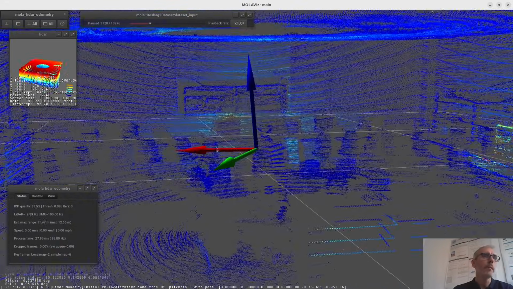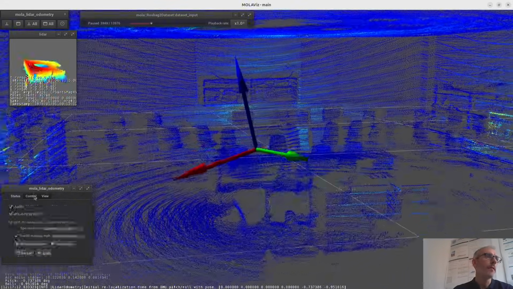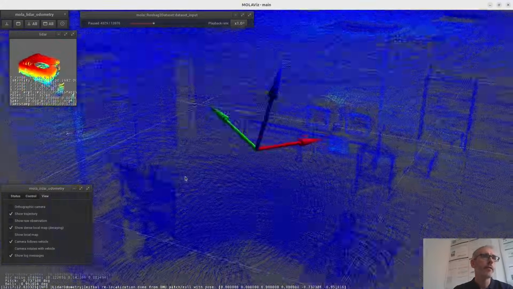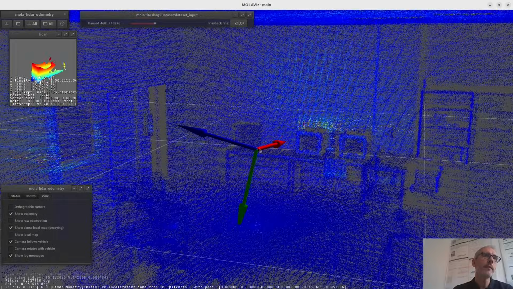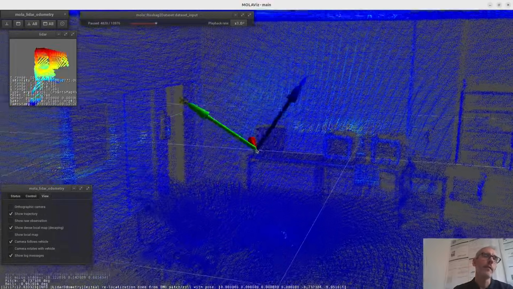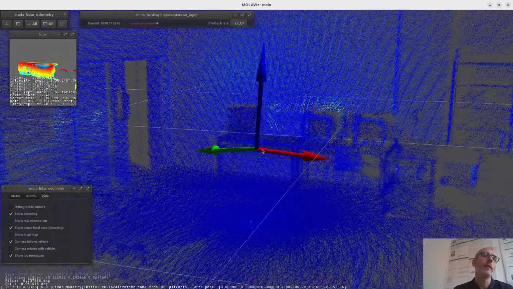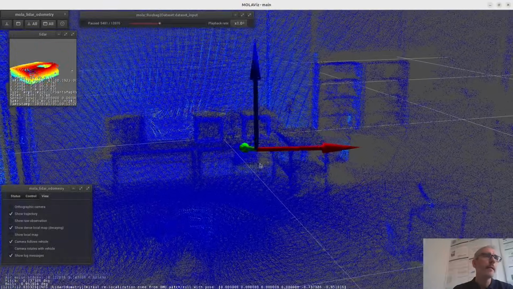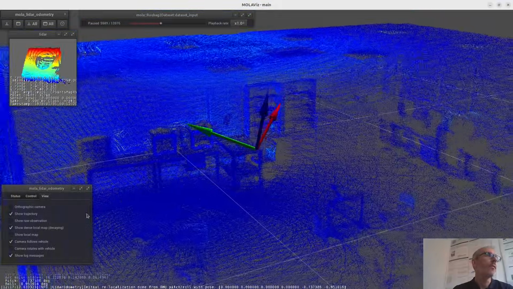On the 3D view, the main view, you have different switches to customize the visualization, like showing or not the trajectory. You can see the 3D frame of the vehicle. This is actually the LiDAR because we don't have a vehicle in this example. And for the map itself, there are two ways of visualizing.